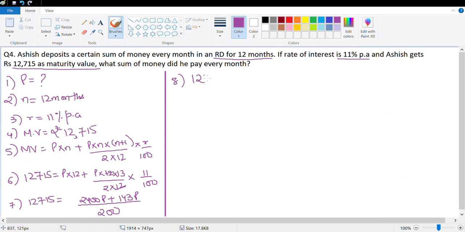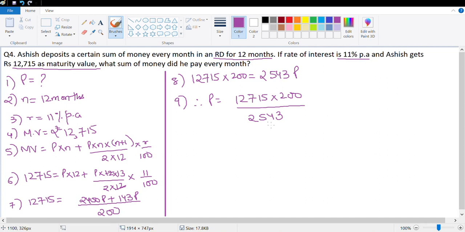What we have is 12715 multiplied by 200 is equal to 2543P. That's correct. 2400 plus 143 is 2543P. So therefore P is equal to 12715 multiplied by 200 upon